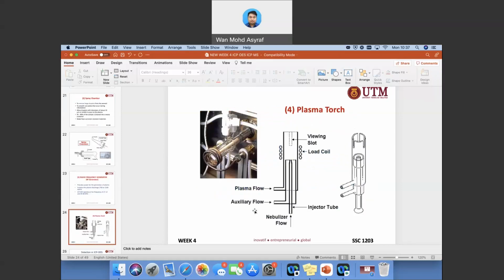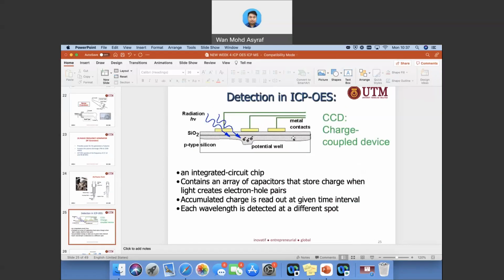All right. So now we are going to look at the plasma torch. There are a lot of flows here: plasma flow, auxiliary flow, and the nebulizer flow, where the nebulizer flow carries your analytes into the plasma torch. Okay, so the detection in ICP-OES usually uses a charge coupled device. It is an integrated circuit chip where your radiation would